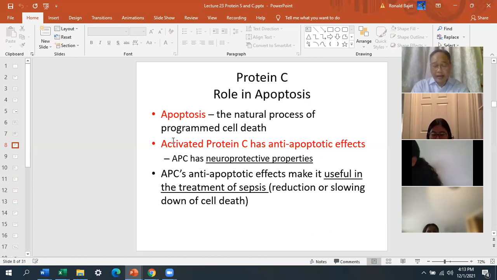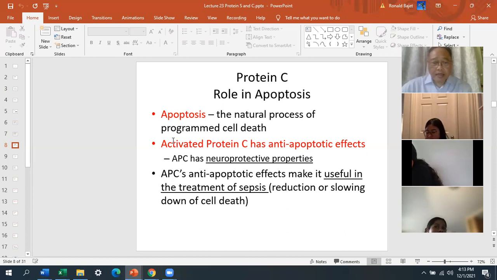And then the opposite of that, to prevent that oncogene from doing that to a dying cell, you have a tumor suppressor gene. Okay, so in terms of protein C, apoptosis will take place. But activated protein C is not going to turn these dying cells into zombies or leukemia cells like they did in the leukemia lectures, because activated protein C has